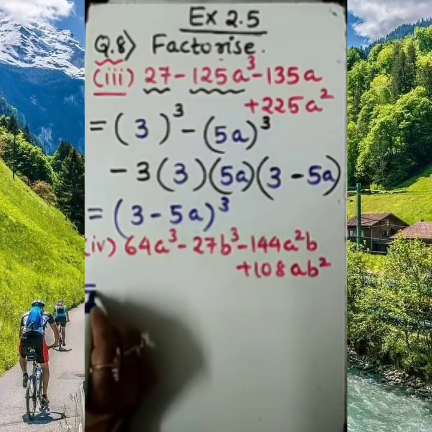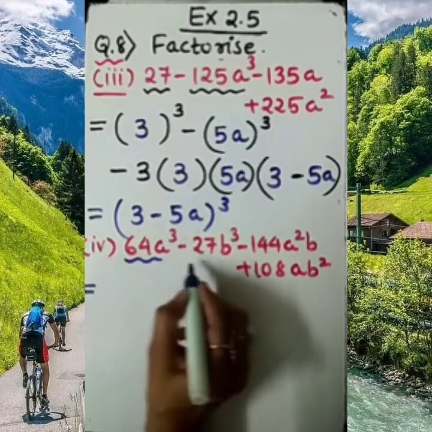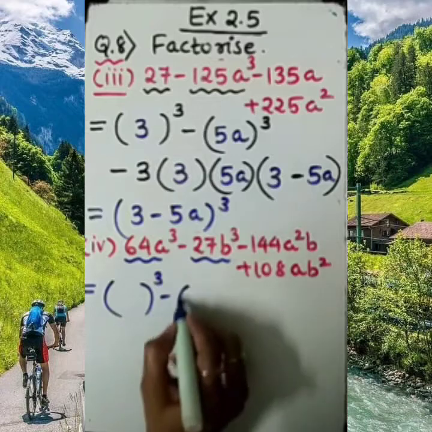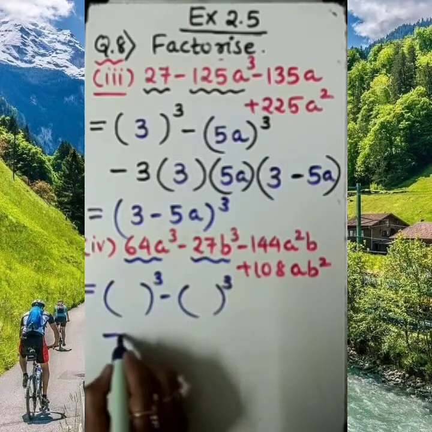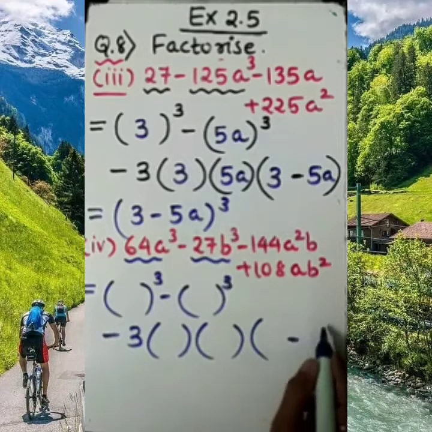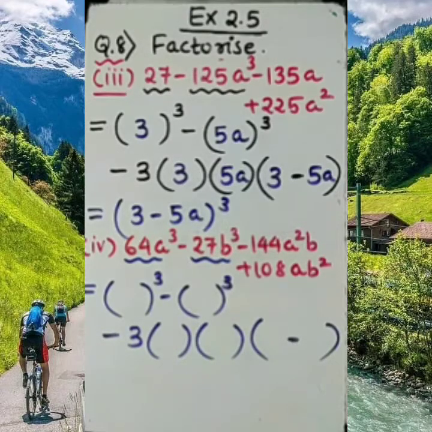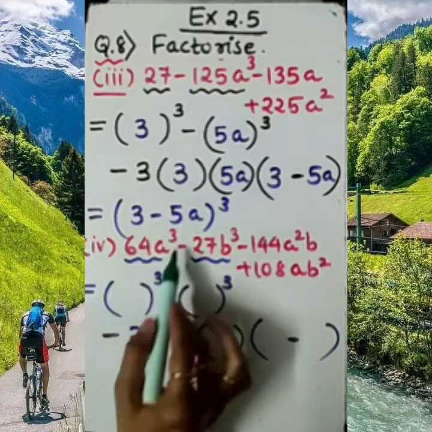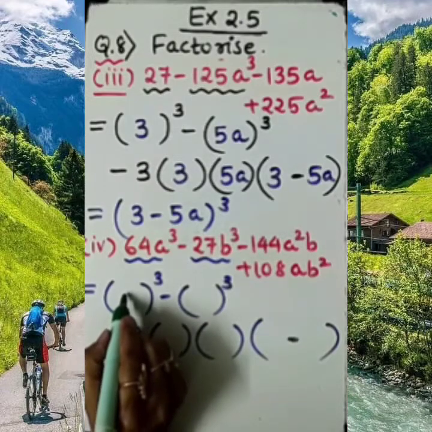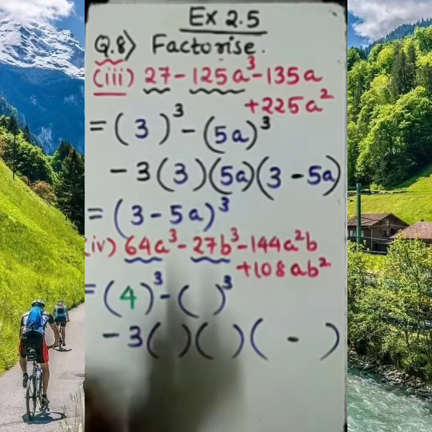Let's move with this first. As we know, the cube term is this, and minus between that. So a cube minus b cube minus 3ab(a minus b). Simple. Keep the identity in your mind, then your work will be easy. Now think on the first term, 64a cube. We know 64 is a cube of 4 into 4 into 4, that is 4 cube. So it is a cube of 4.